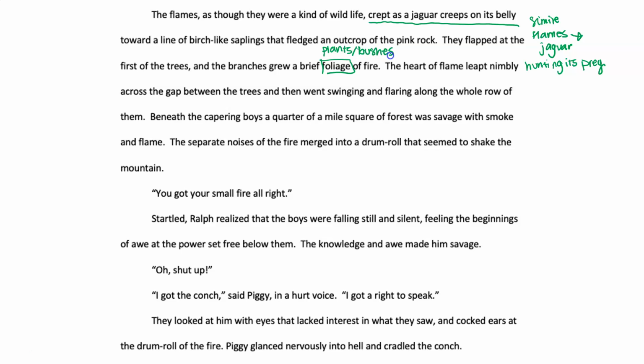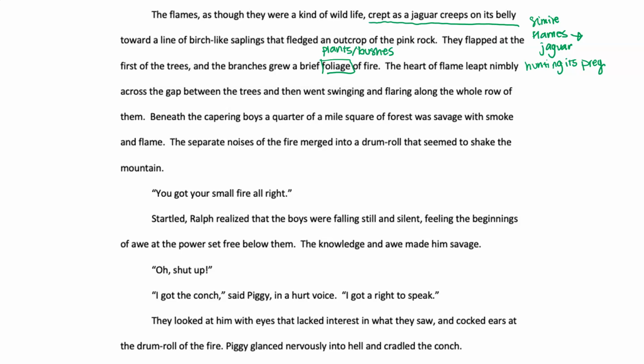The other thing that I should mention when I'm doing a close reading is definitely I'm always looking up words that I don't know and defining them. When you're reading through an entire chapter of Lord of the Flies, you probably should not stop to look up every single word that you don't know. When you're doing a close reading, if it's a small passage like this, I absolutely do expect that you are looking up every single word that you don't know so that you can make sense of it, because the purpose of a close reading is to understand every single word and how it fits together in this